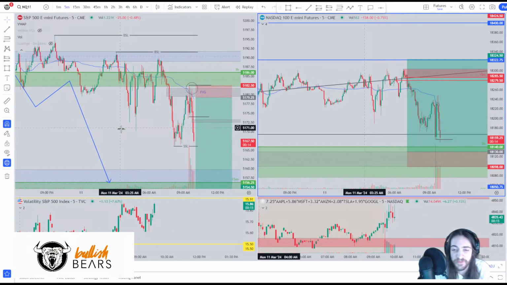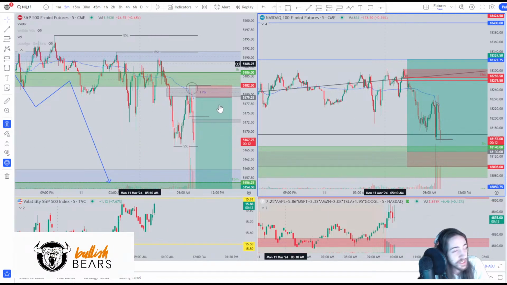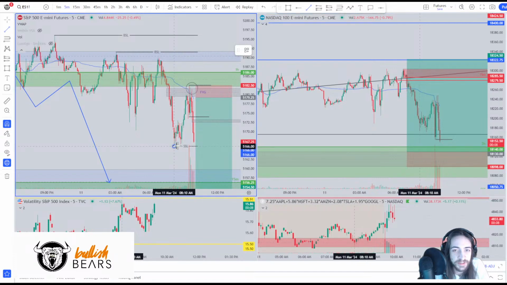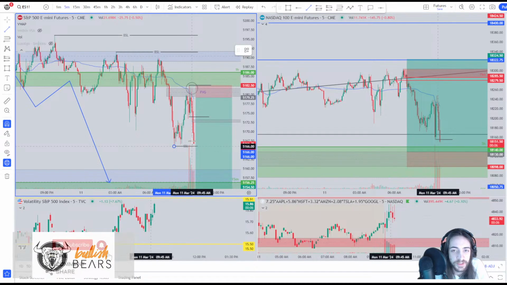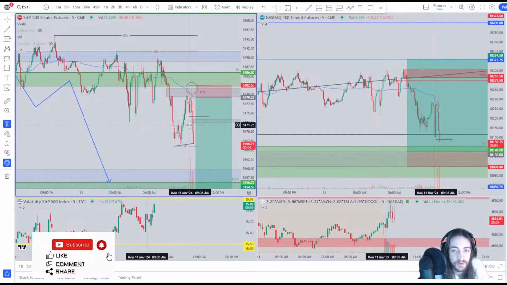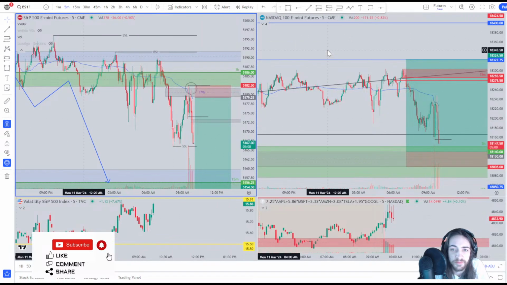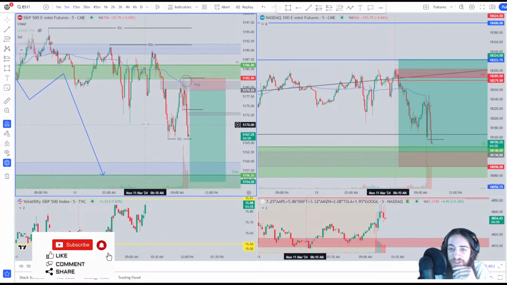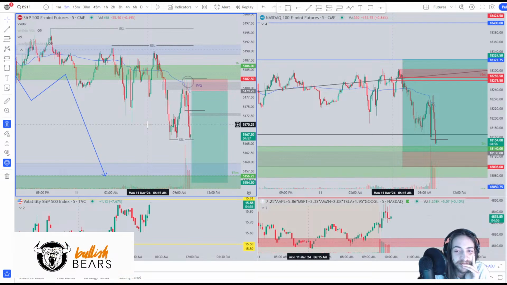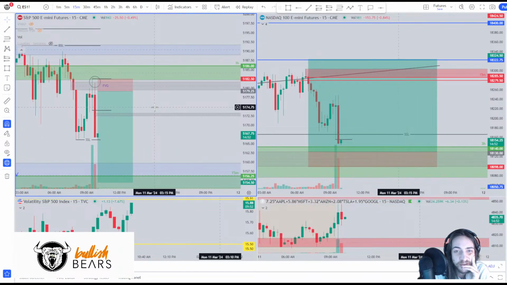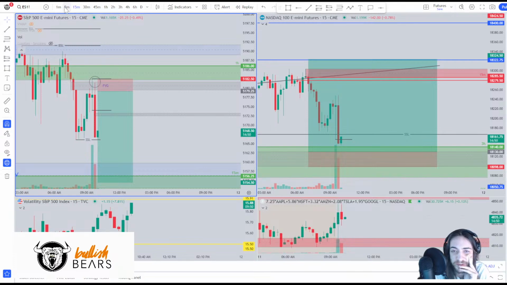A little bit of SMT divergence, smart money divergence right now. We have the ES creating a higher low, but it does look like it might want to drop lower than that. And NASDAQ created that lower low. Something to be aware of. Wow, that's crazy, man. That's crazy. 15 minutes definitely telling me continuation on ES